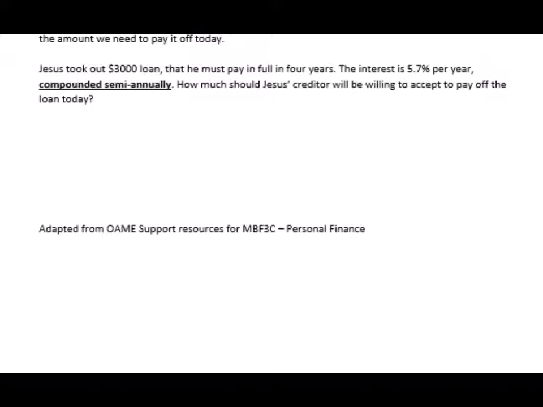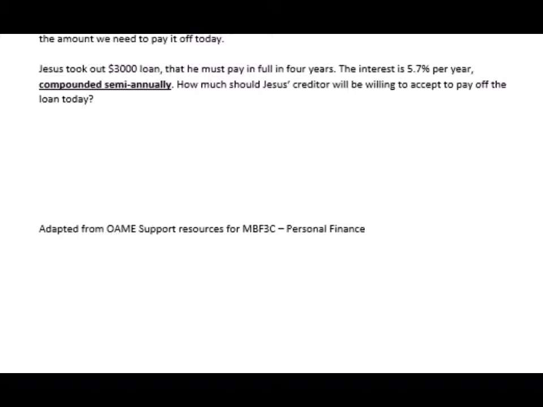So if you think about it, the interest is already tacked on to the original amount. So he's owing $3,000 in 4 years. Now imagine if he was able to pay off the money today. So in order to figure that out,